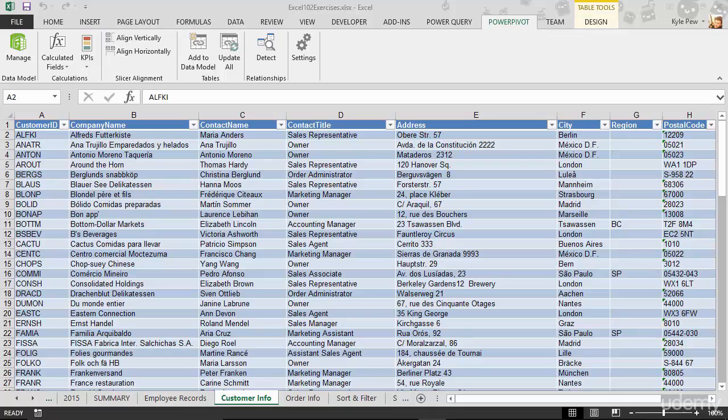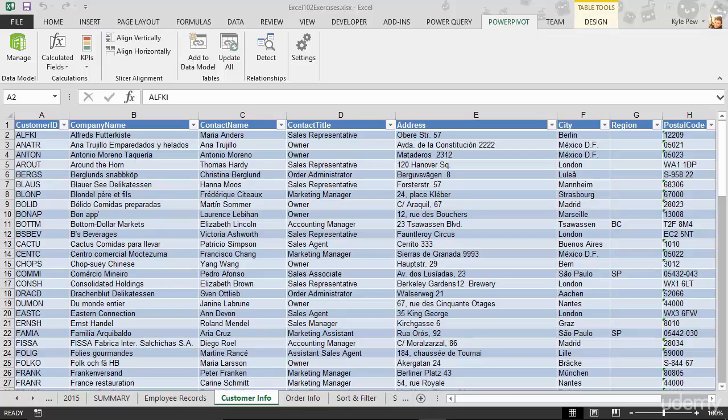Welcome to the next section. During this section, we're going to be talking about a very powerful tool and add-in within Microsoft Excel called Power Pivot. Now, before we jump in and start to utilize this tool and some of its functionality, I want to